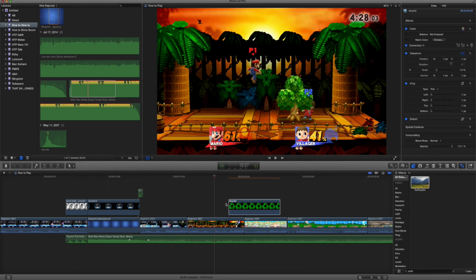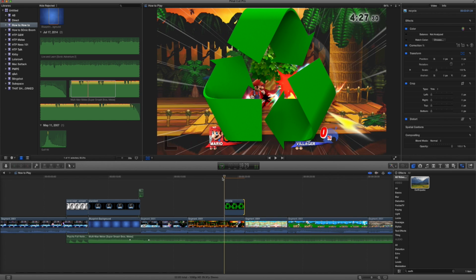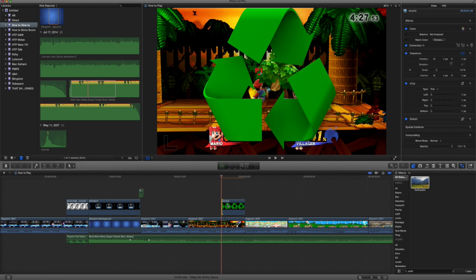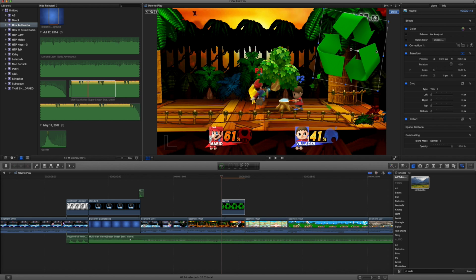Now I'm going to focus on other clips. And this is where Mario capes the tree back of Villager. And I'm just going to put a recycle symbol on it because green, tree, jokes, why not? I don't really understand half of the jokes I do. They just kind of happen. So this is going to be one of those epic